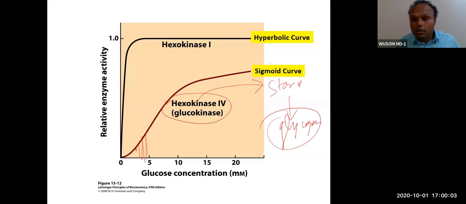So this is the mechanism why nature has made different enzymes in different tissues. These are two isoenzymes, with different activity in different tissues. So you can see the significance of glucokinase in liver, and that is why glucokinase follows this curve. And hexokinase, with a little bit of glucose concentration, will convert glucose into glucose 6-phosphate. Sudden rise. This is called high affinity. This is low affinity. After a certain point, there will be an affinity jump, and then it will start utilizing